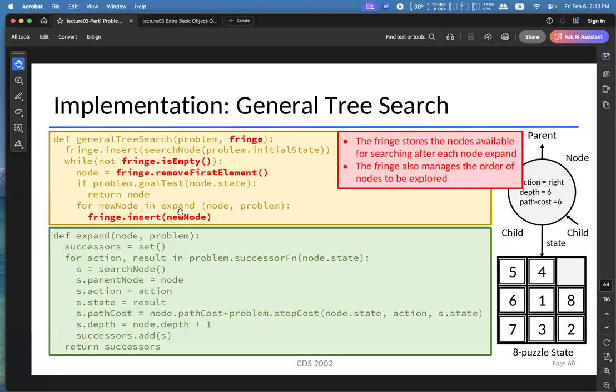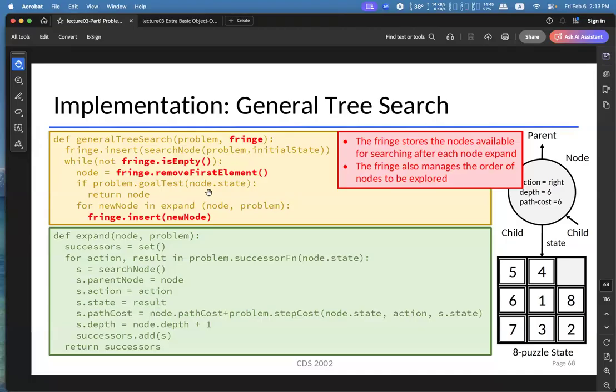Just a quick question, if the expand function explores everything, then where would it go? Which line can you point to? Yeah, this line. This for loop in expand. In the for loop, if you recall what you learned in for loop, after the in, it is a sequence of elements for looping. But my question is, if you run the expand, then they are explored, then how come you would put it in the tree?